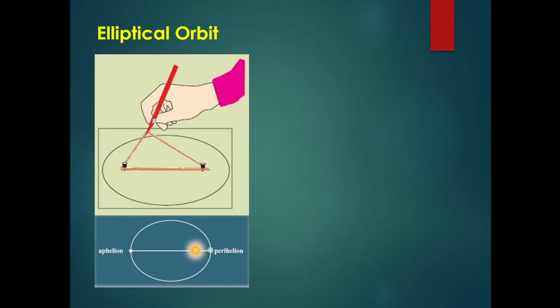Now how will we draw the elliptical orbit? What is an elliptical orbit? You can see here, this is not a circle, this is an ellipse. Okay, so it has two foci. If we draw in this manner, then we can draw an ellipse. Okay, so the sun is not here, the sun is here at one focus. You can see it here. So when the earth is nearest to the sun, this position is called perihelion, and when the earth is the farthest from the sun, it is called aphelion.